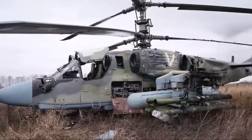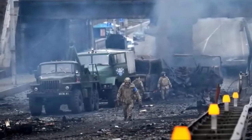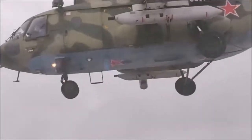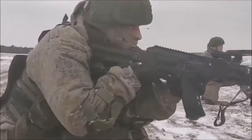Troops advance on Ukraine. Russia ordered its troops to advance in Ukraine from all directions, as the Ukrainian capital Kiev imposed a blanket curfew and officials reported 198 civilian deaths. A Russian T-90A tank was destroyed by the Ukrainian forces on the side of the road in Luhansk region